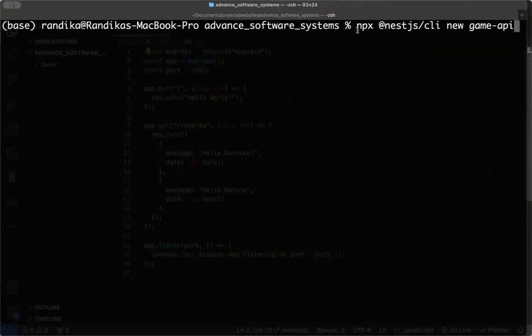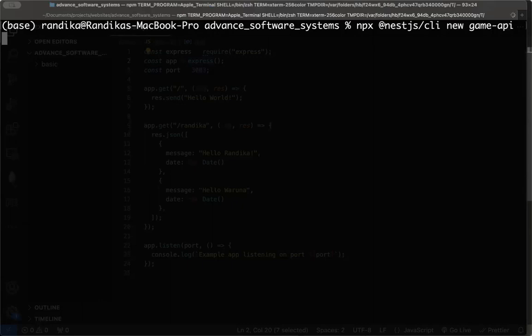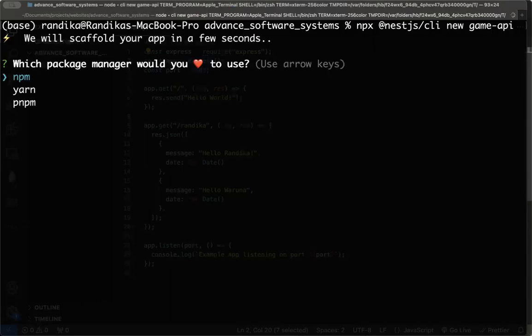Okay, so using npx, temporarily install the Nest.js CLI and create a new project called Game API. That is the simplest form of explanation. Using npx, run the Nest.js CLI, which is temporarily not going to be installed globally, and create a new project called Game API. Okay, that's the simplest form. Hit enter, and it will ask